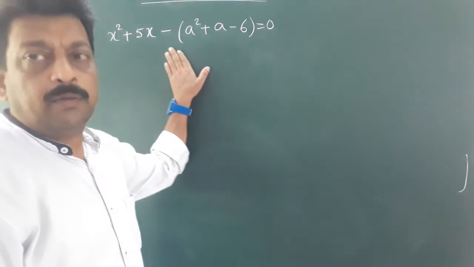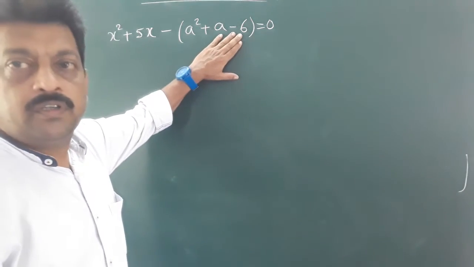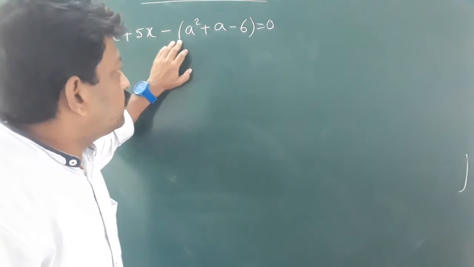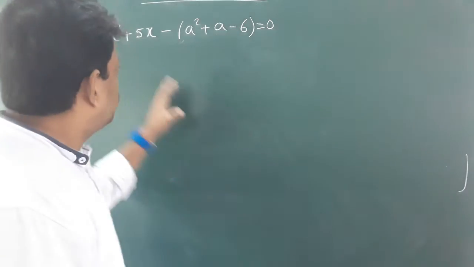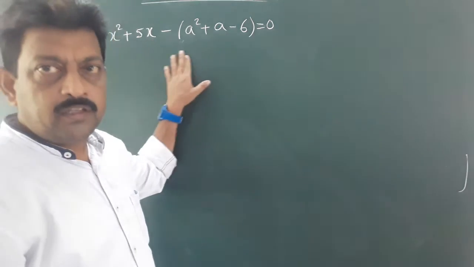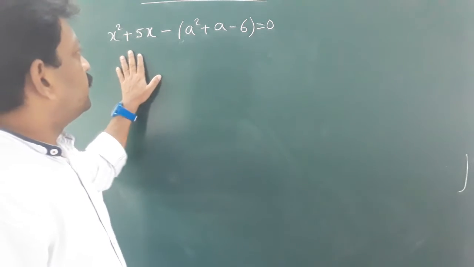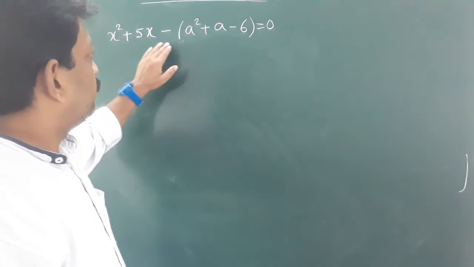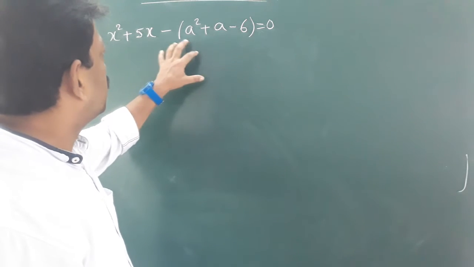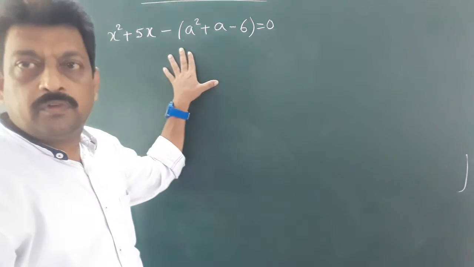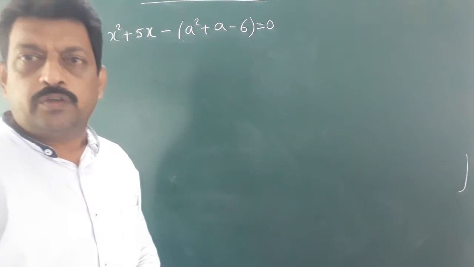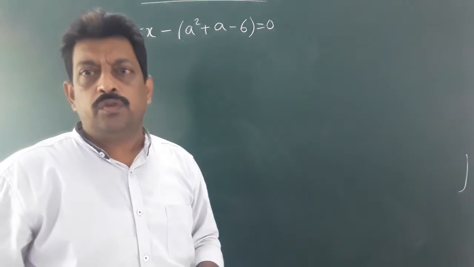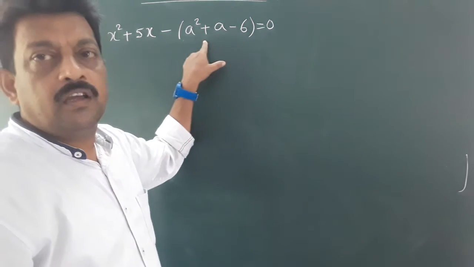Now whenever you get this type of quadratic equation where the constant term is not a single term, it is given in bracket, then there are two ways. Either open the bracket and try to find the roots by using an identity, and if it is not possible, like in this case, where after opening the bracket we cannot factorize with the help of identity, then what to do? The first step is to factorize the constant.